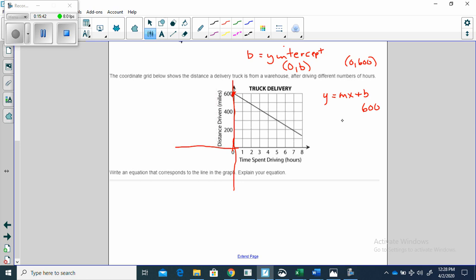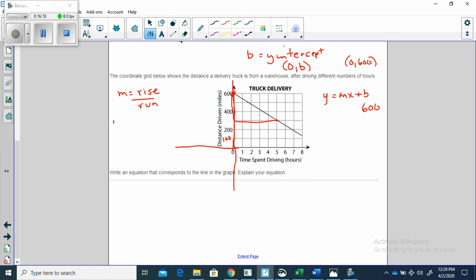Now we need our m, our slope. Now notice, although our grid lines here are scales 1, 2, 3, 4, here our grids are in what? If this is 200, wouldn't this be 100? So each of these lines represents 100. Let's find 2 points that we can use. Here's one where it crosses the grid, and there's one where it crosses the grid. We can draw our right triangle. We know m is equal to rise over run,